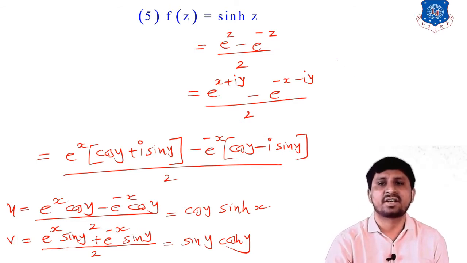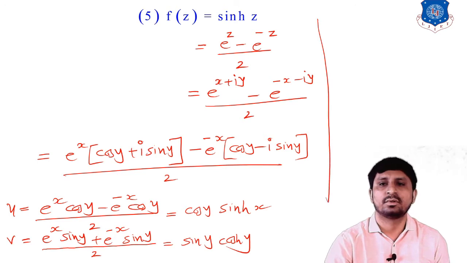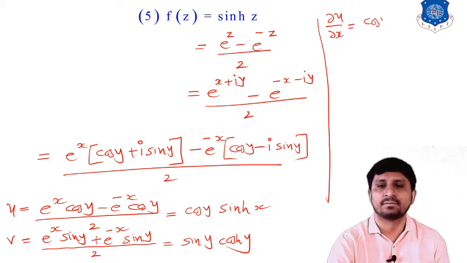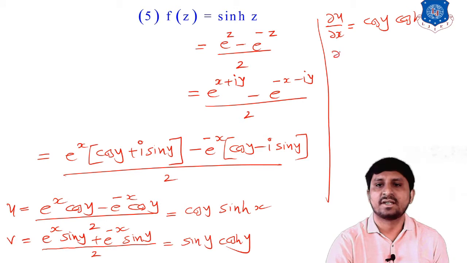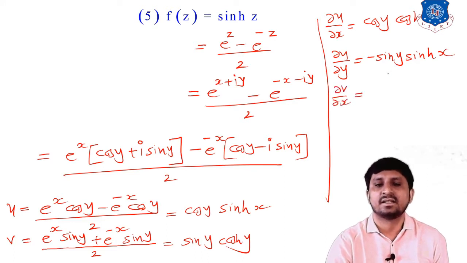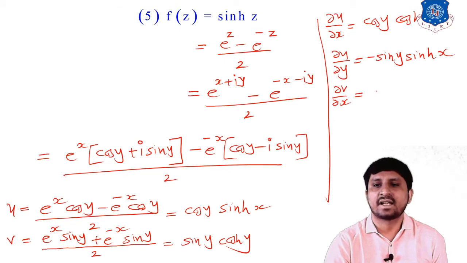Okay, let's write here what is del u by del x. Del u by del x, that is cos y cos hyperbolic x. And what is del u by del y? Del u by del y, that is minus sine y sine hyperbolic x. What is del v by del x? Del v by del x, that is sine y sine hyperbolic,